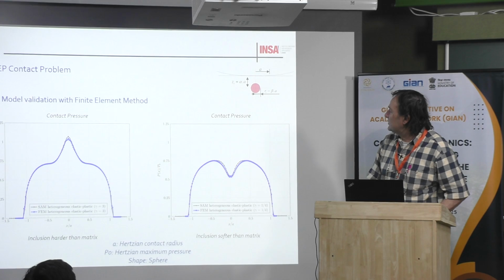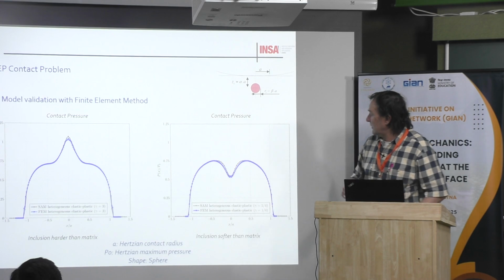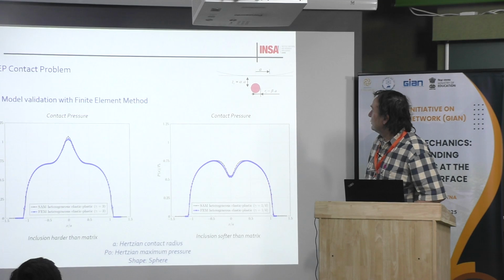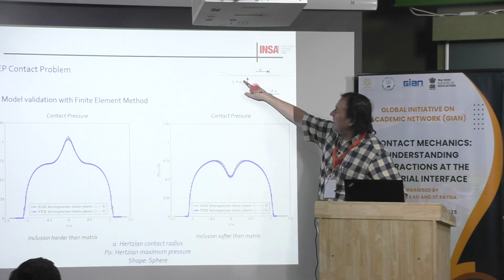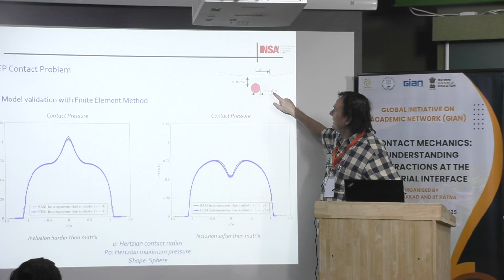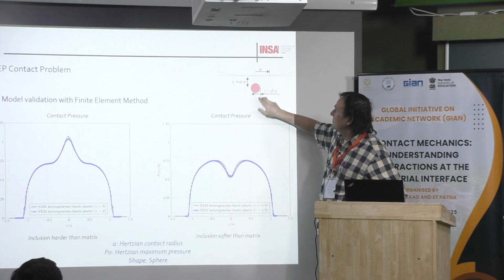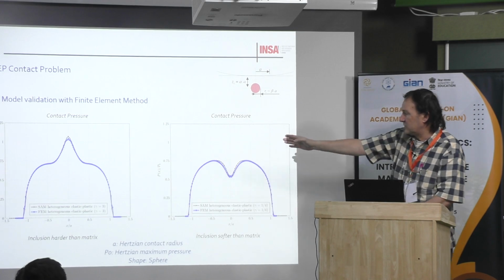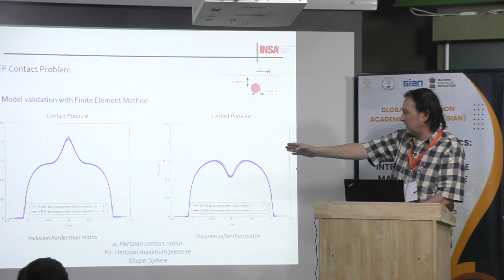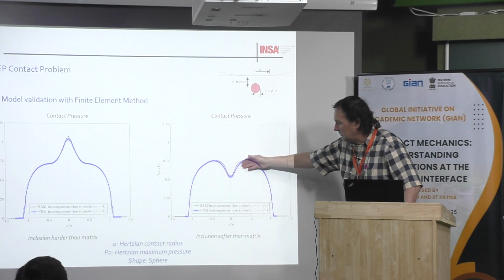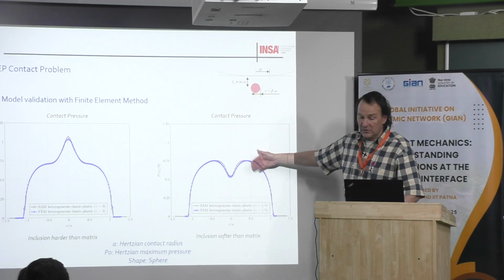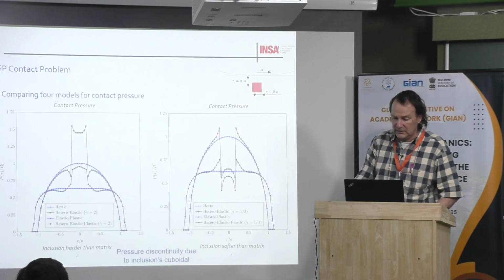Then in this situation, gamma is a Young modulus ratio. There are two parameters here, which are alpha, which is the depth of the inclusions, and beta, which is the radius of the inclusions compared to the contact radius. Then on the left you have a stiff inclusion, and on the right you have again a soft inclusion. And this is a comparison with the finite element method. Then you have a good agreement.